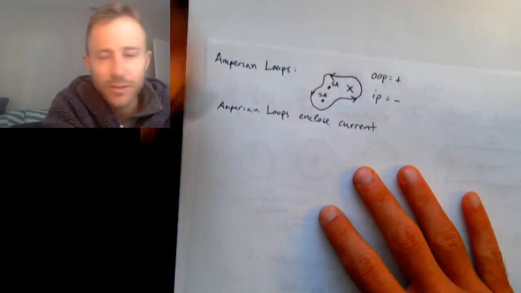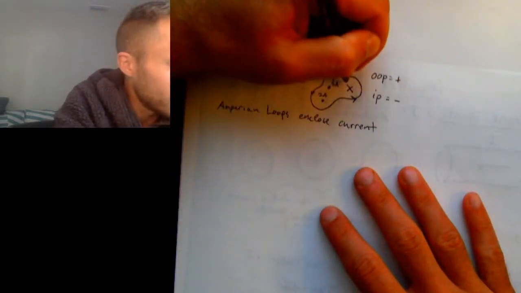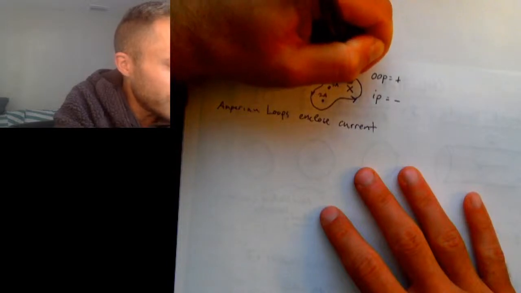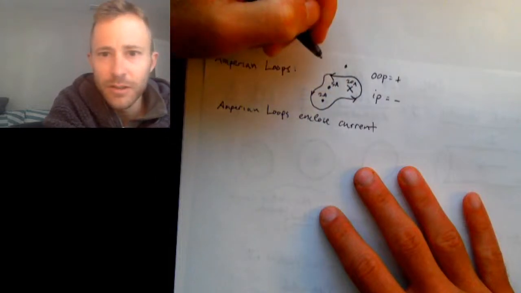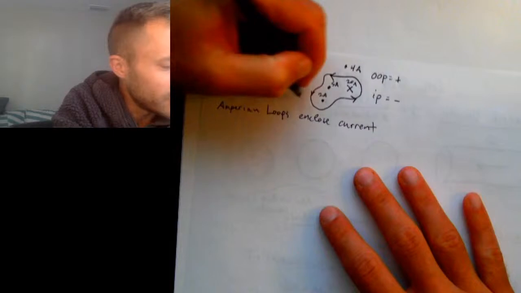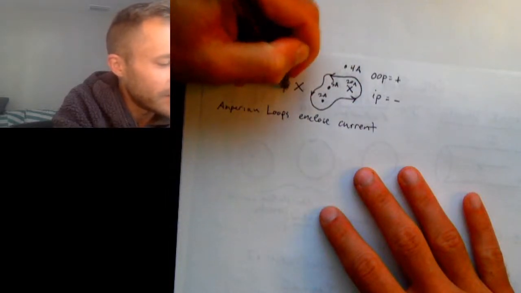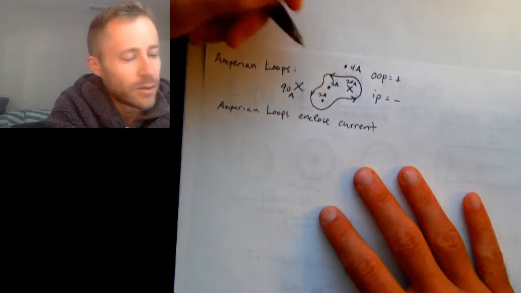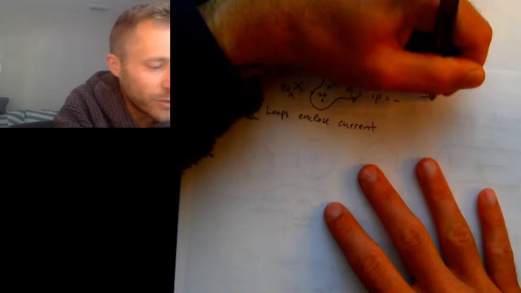Here's an X, so that is a current into the page. Let's say that is 20 amps. And then there's a dot here that is 4 amps. And then there's an X here that is 90 amps. So we would say that the current enclosed,